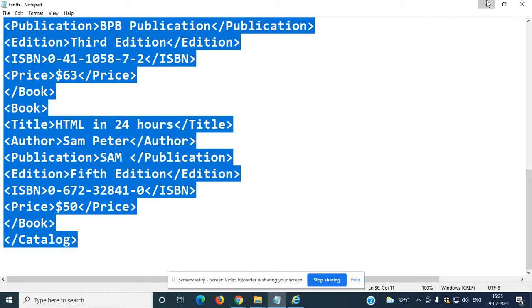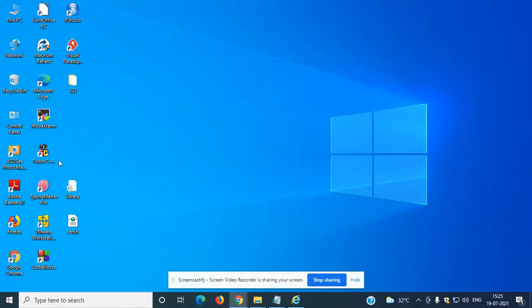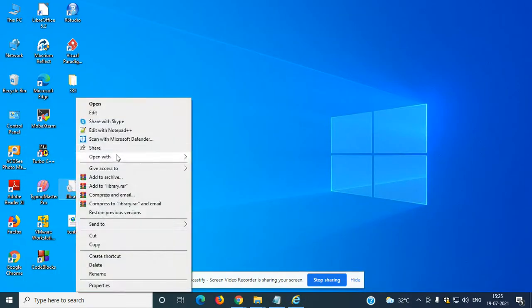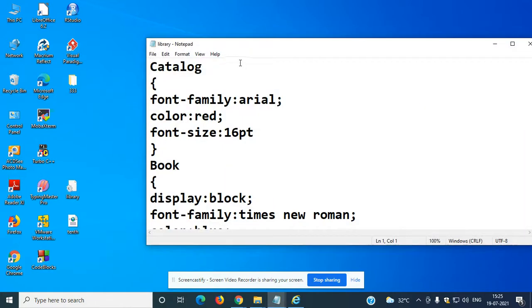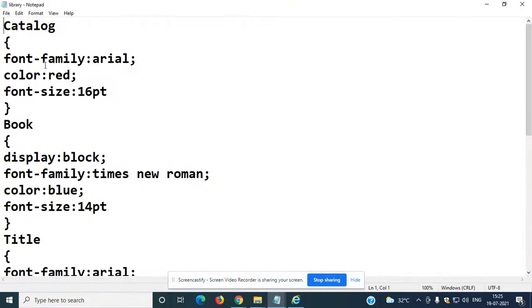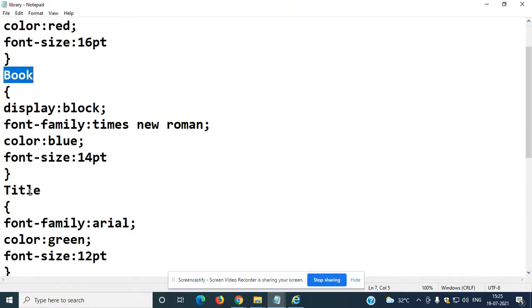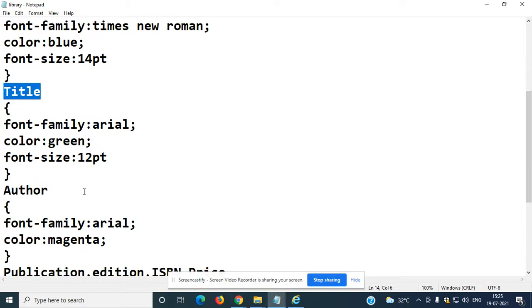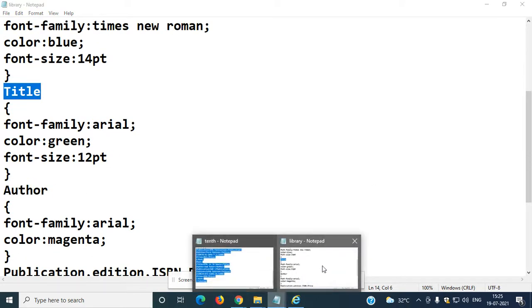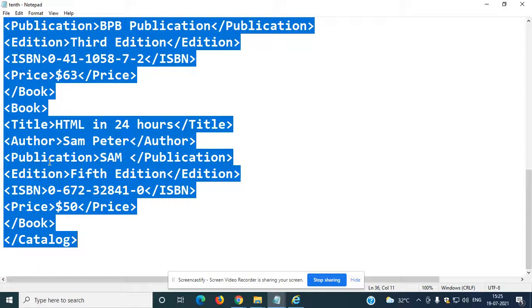You can change it with other types of styles also, as you have many styles here. They have given catalog, book; for one title you can give, and you can notice the variation between both.